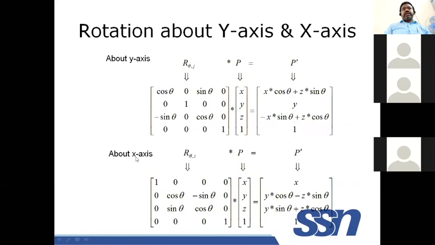Next, with respect to the x-axis, you find x-axis appearing here 1, 0, 0, 1, 0, 0. This column will be like this. Again, cos theta, minus sin theta, cos theta will be the same. Last row as usual 0, 0, 1. Last column 0, 0, 1. This is the homogeneous matrix representation of a transformation matrix. X, y, z given here. Multiply these two, you can find the required coordinate. Next.